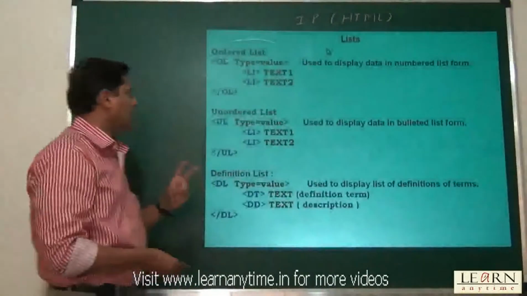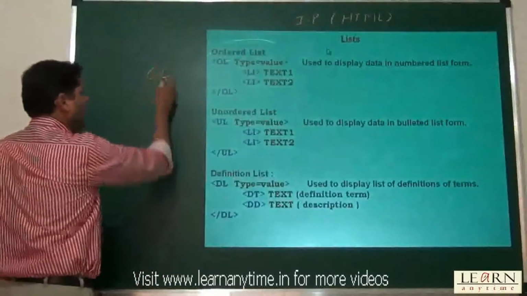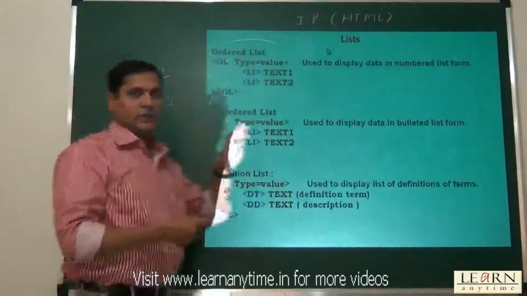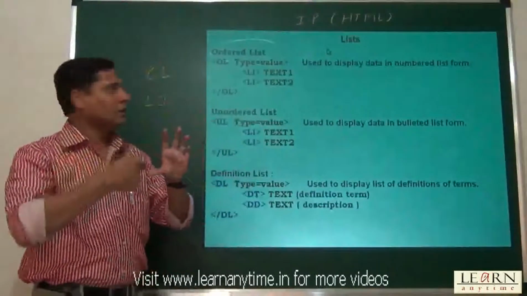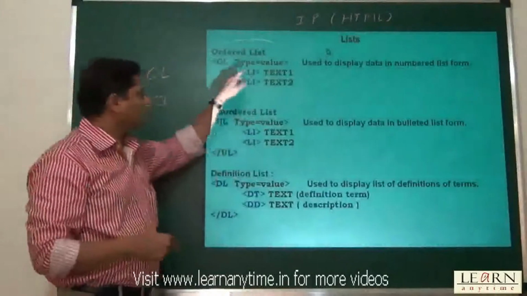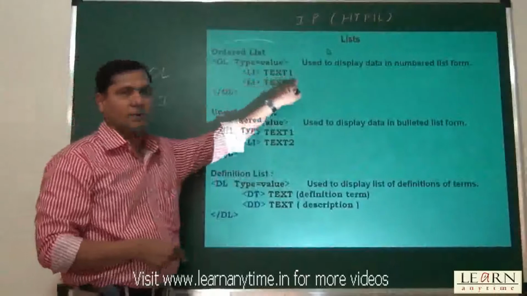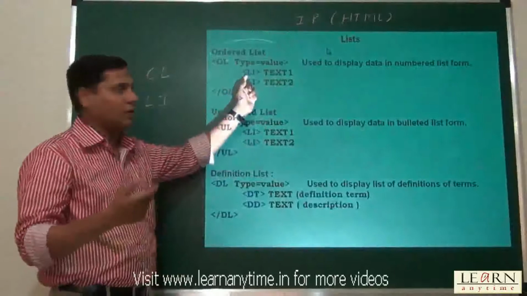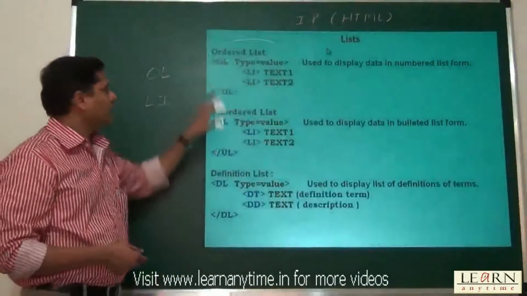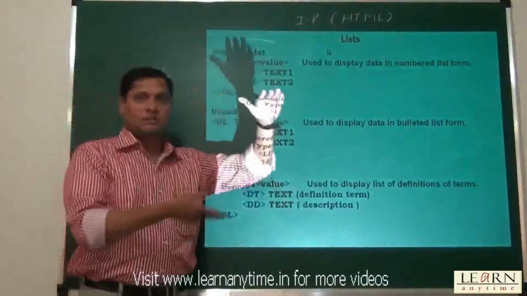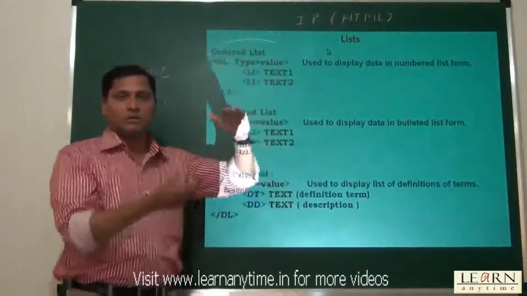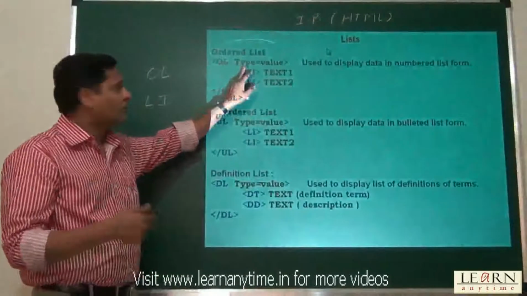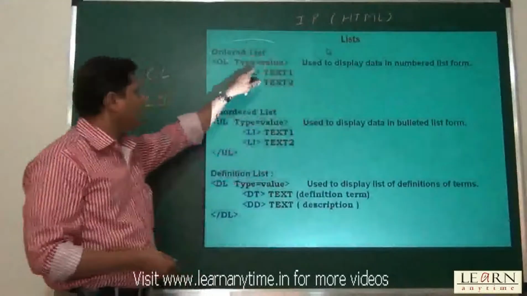The main two tags over here are OL, that is ordered list, and LI, that is list item. OL indicates that this part should go into a list form, and each item, each topic of the list, is shown as LI. That can be a single word, or it can be a big topic also. LI starts a new topic, new point or new text for the number, and OL completely encloses that list of numbers. It can be 1 to 5, 1 to 10, 1 to 100, depending on your requirement. While writing this OL, the type of numbering you want is mentioned over here.